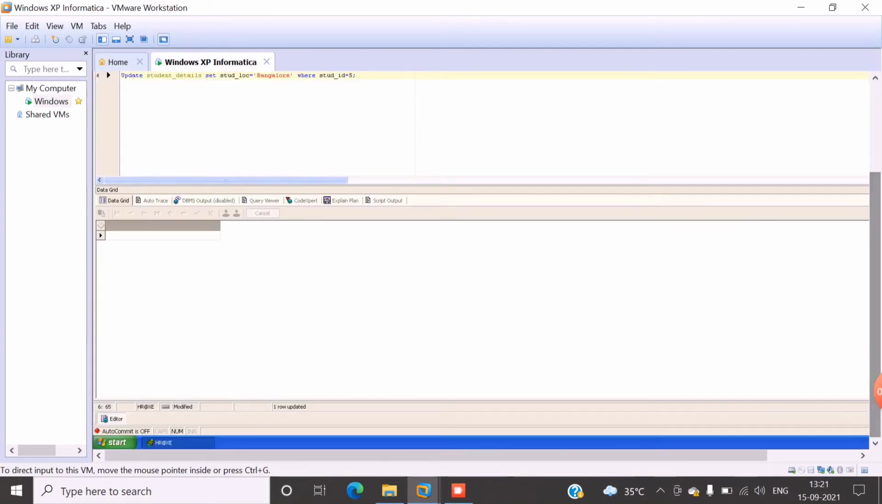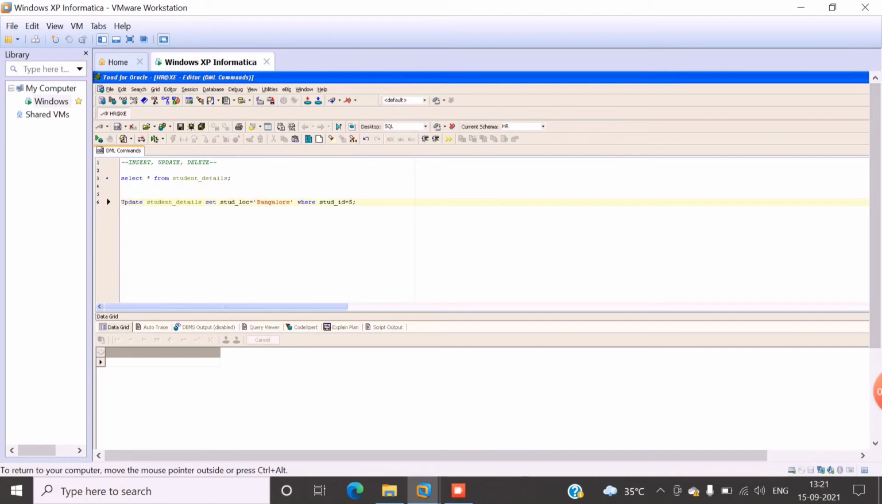Below, now you can see one row updated, which means the data got updated. I'm fetching the student details table. Now you can see the data for 5 Arish. Previously the student location data was Chennai. Now the data is changed to Bangalore. You must give the WHERE condition when you are updating a particular column,